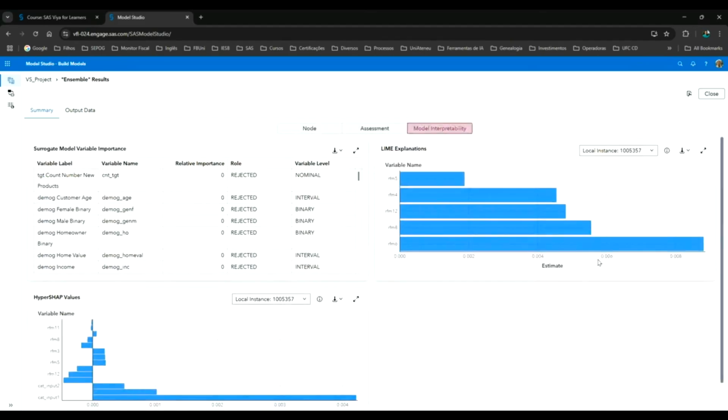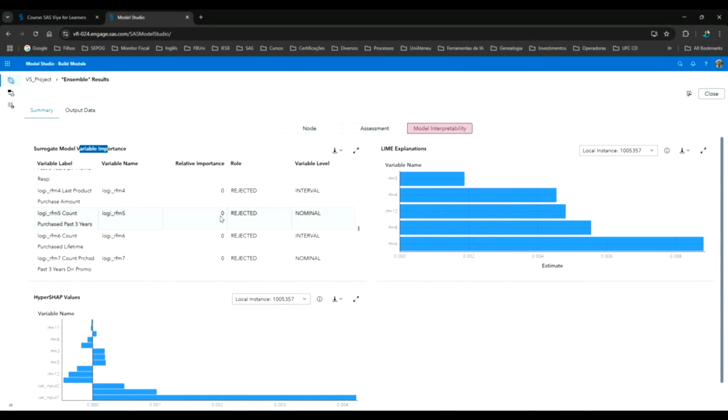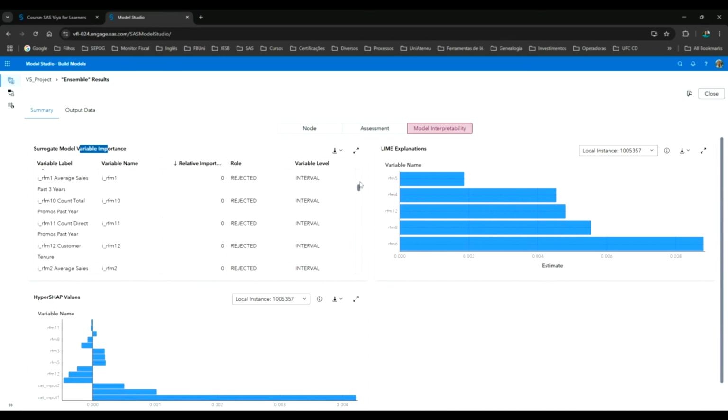This is fantastic. Okay, this node gives us two or three techniques, very important, but okay, it's totally zero or some value different from zero.